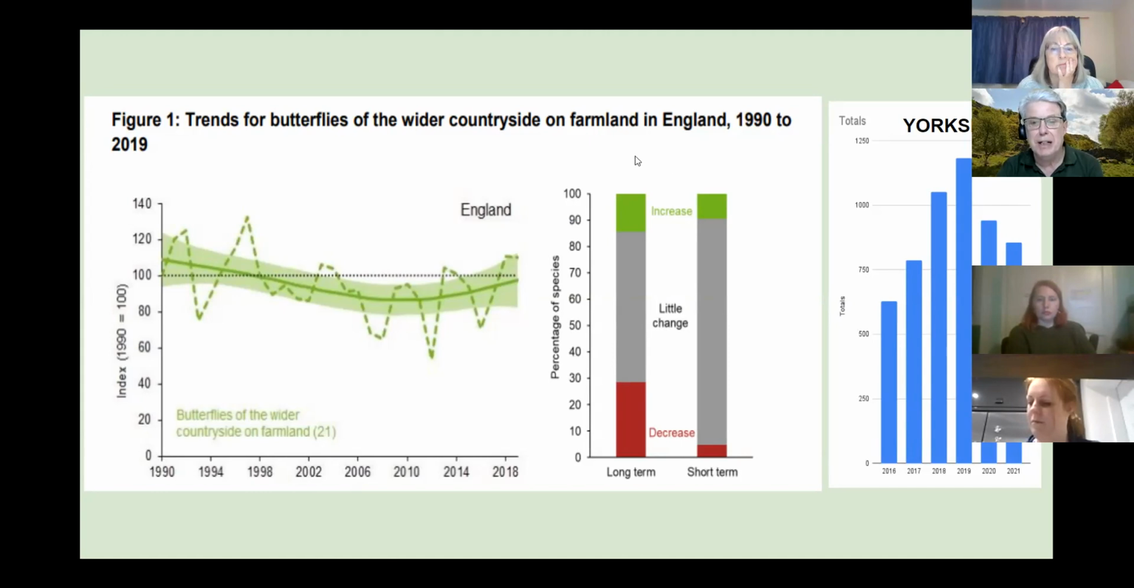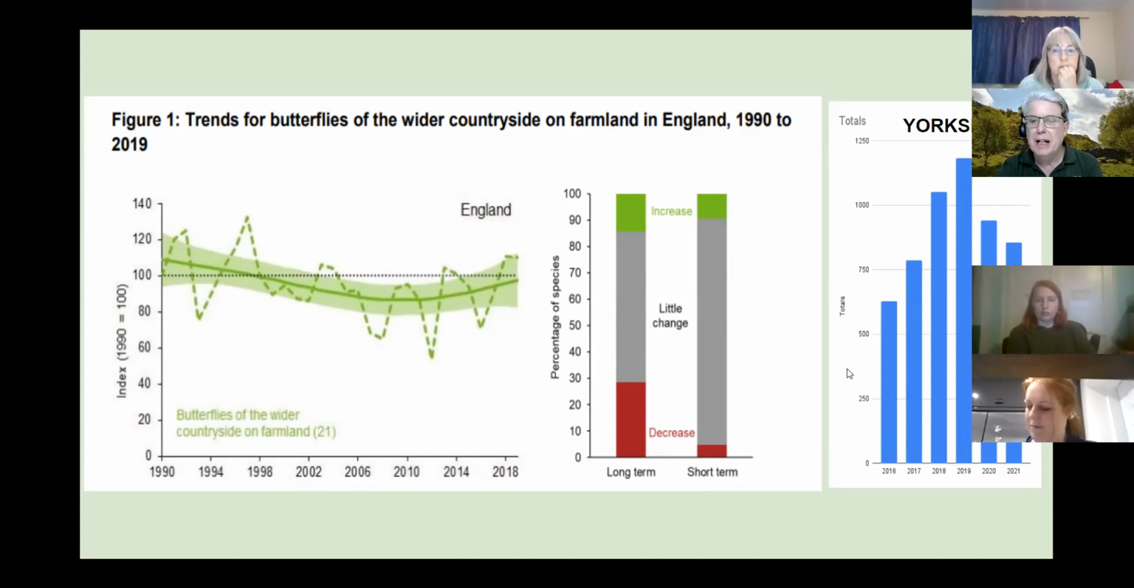At the same time that this was all happening, here's a little histogram showing the percentage of species that have increased and decreased. So you can see on the long term, quite a lot of species have decreased and only a few increased. In the short term, not too bad. Only about two species are showing a decrease, and we still have a bit of an